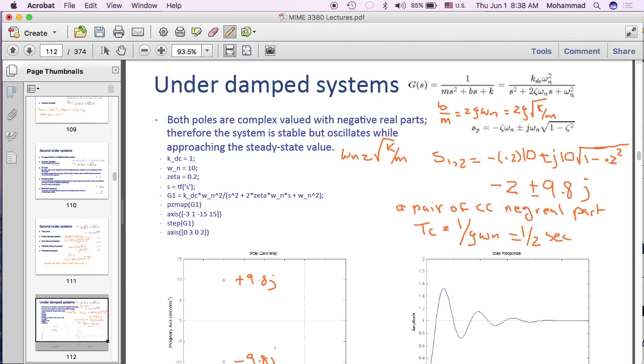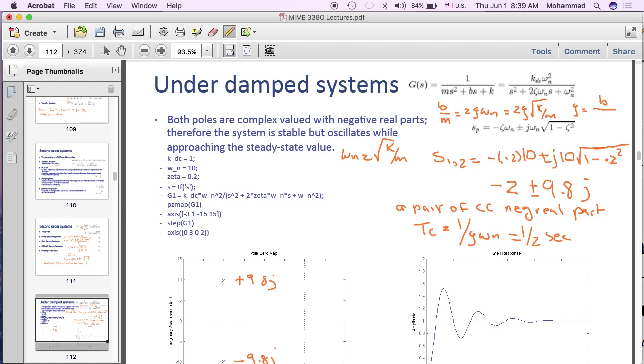So can you tell me what then zeta is equal to? In order to calculate zeta, you need to take this: b over m is equal to 2 zeta square root of k over m. In order to single zeta out, you need to divide both sides by 2, and multiply both sides by the inverse of square root of k over m to get rid of square root of k over m. So zeta, therefore, is